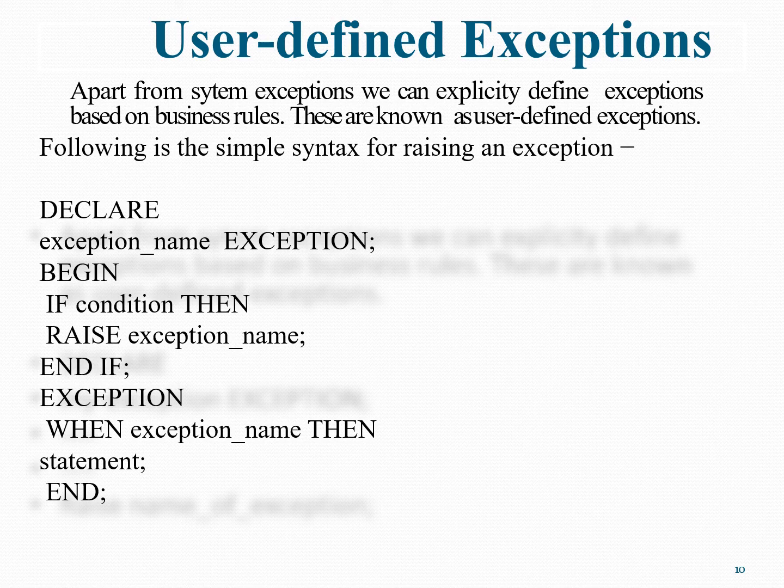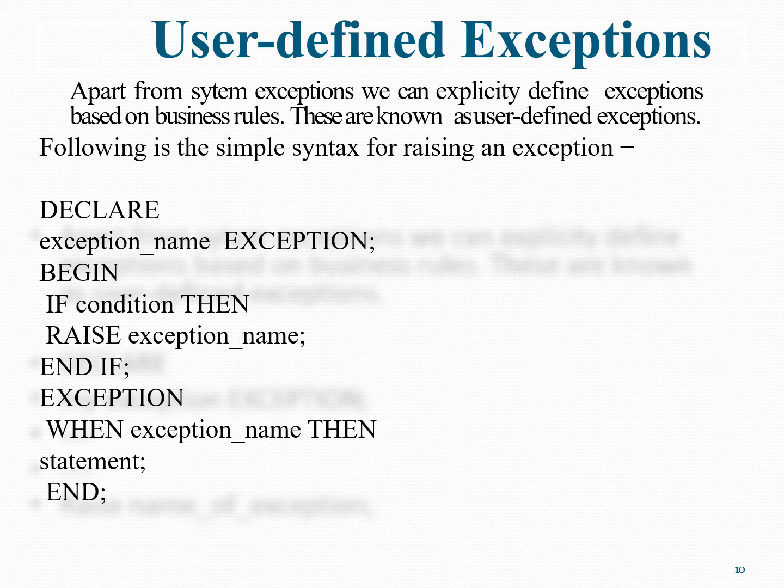First of all, we will declare an exception name with the keyword exception in the declaration section, and in the begin section, we will use the condition: if condition, then raise exception name. This is the exception name which we had declared previously in our declaration section. So this exception will be raised only when this particular condition is true. When this condition is true, the control will move to the exception handling part declared after this statement.